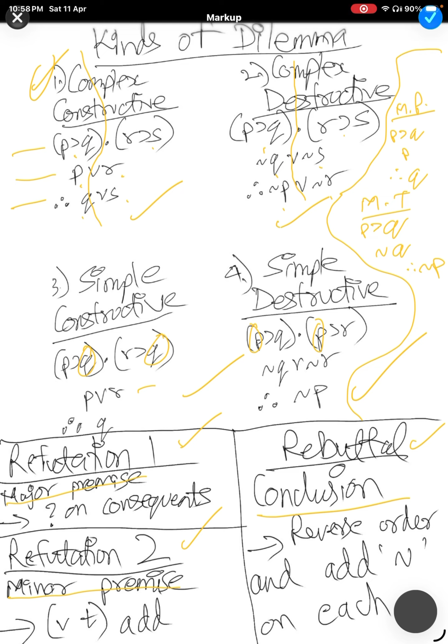ठीक है, तो दैट्स द टू रेफुटेशंस, मेजर प्रीमाइस एंड माइनर प्रीमाइस के साथ रिस्पेक्टिवली ये करना है. नाउ लास्टली यू हैव द रिबटल. रिबटल में आप क्या करोगे, जो कंक्लूजन है उसका अगर दो प्रोपोजिशन है तो दोनों को ऑर्डर रिवर्स करना है, मतलब अगर क्यू और एस है तो आपको एस और क्यू करना है और दोनों पे इंडिविजुअली क्वेश्चन मार्क डालना है, ठीक है, दैट्स इट।